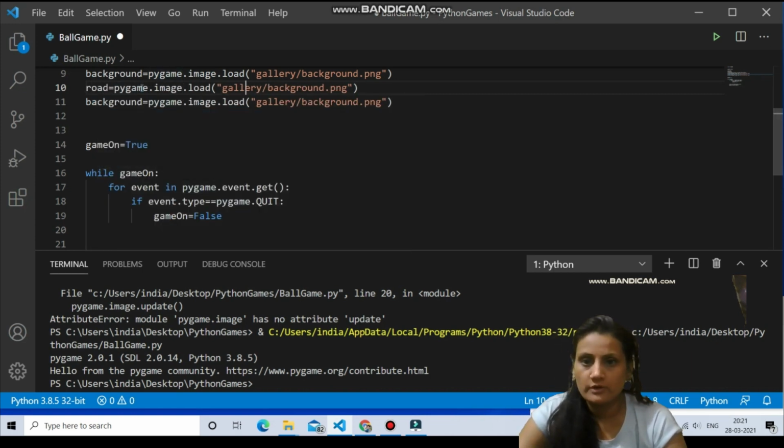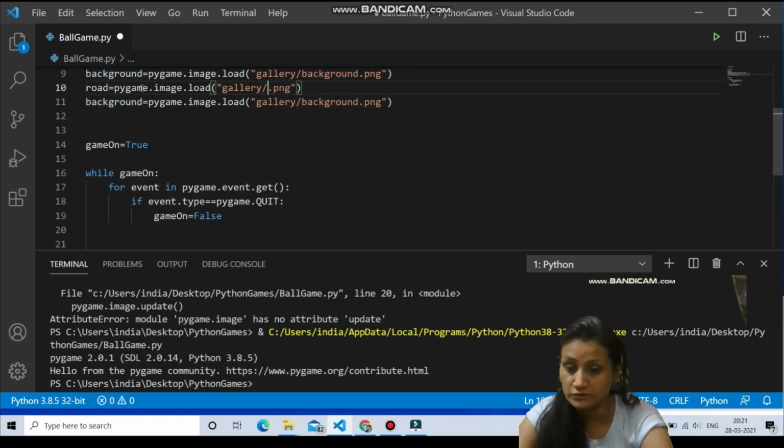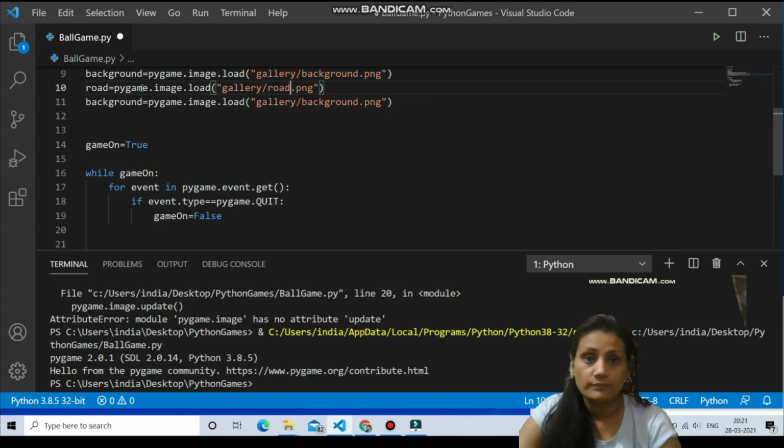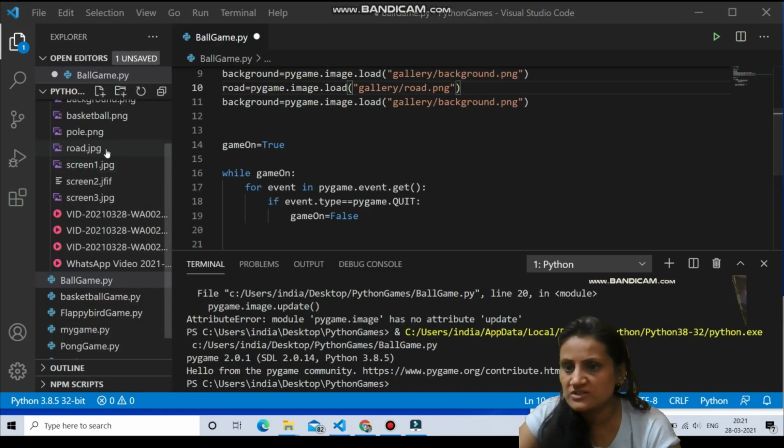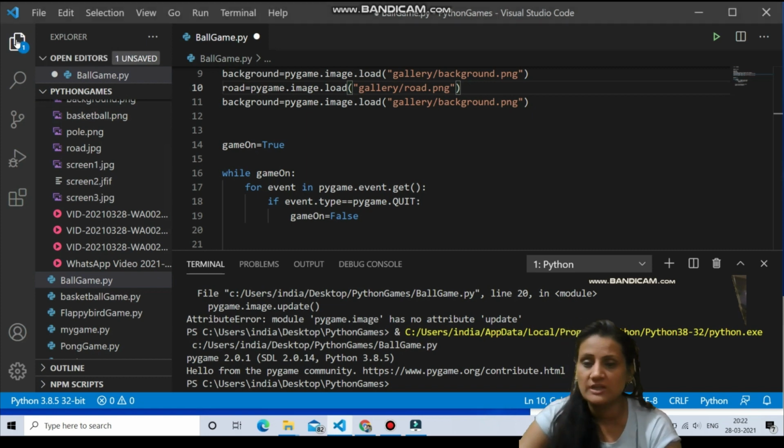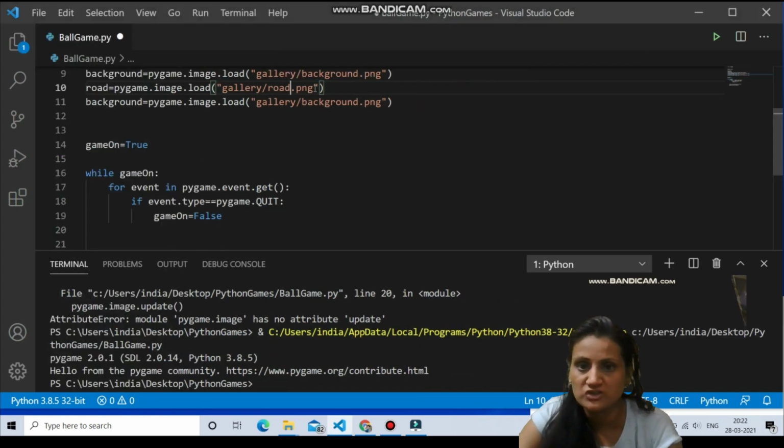The name, if you can remember, was road. The extension I don't remember, so we will go and check. See, the road is JPG and basketball is PNG. You have to remember that, JPG and PNG. So this is JPG.